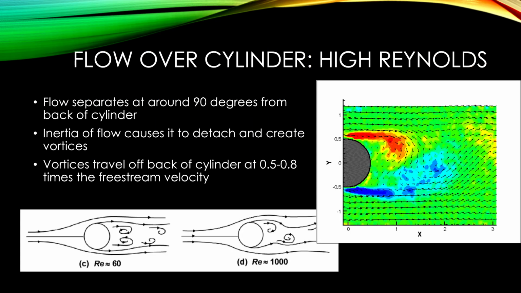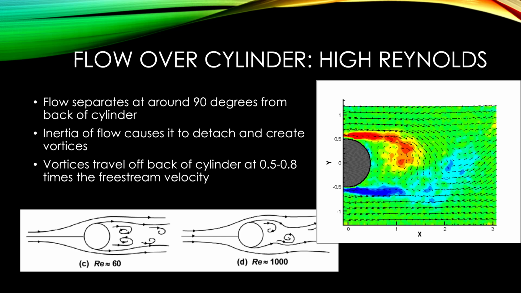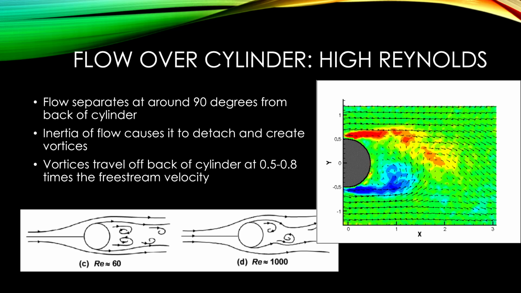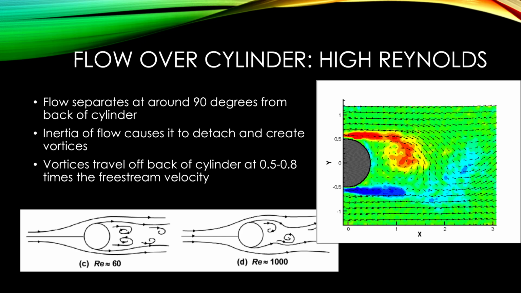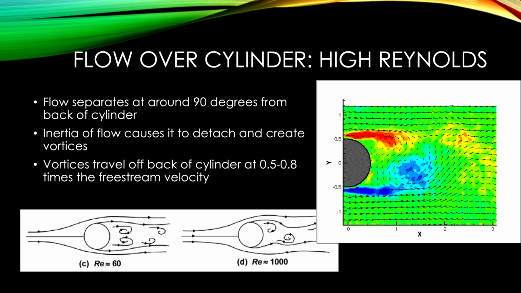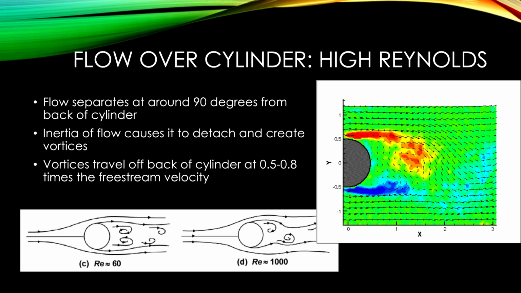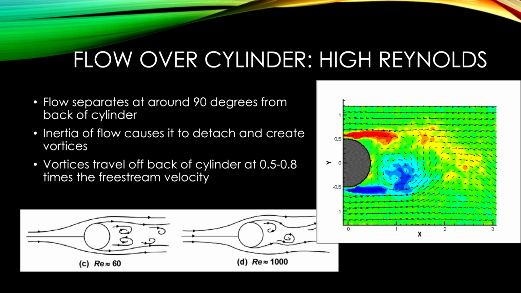For flow over cylinders at high Reynolds numbers, the flow separates about 90 or 60 degrees from the back of the cylinder. That would create these vortices, which detach from the cylinder because the inertia of the flow is higher than the viscous forces of the flow. And these are usually traveling at the back of the cylinder at about 0.5 to 0.8 times the speed of the